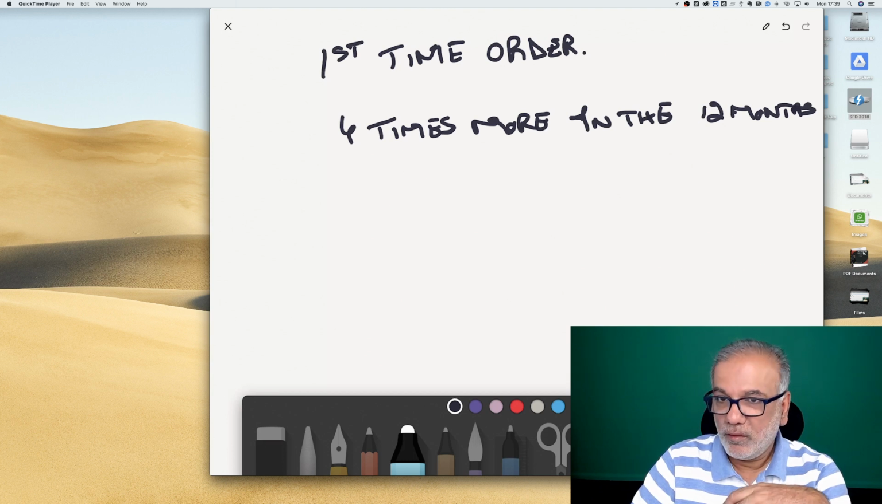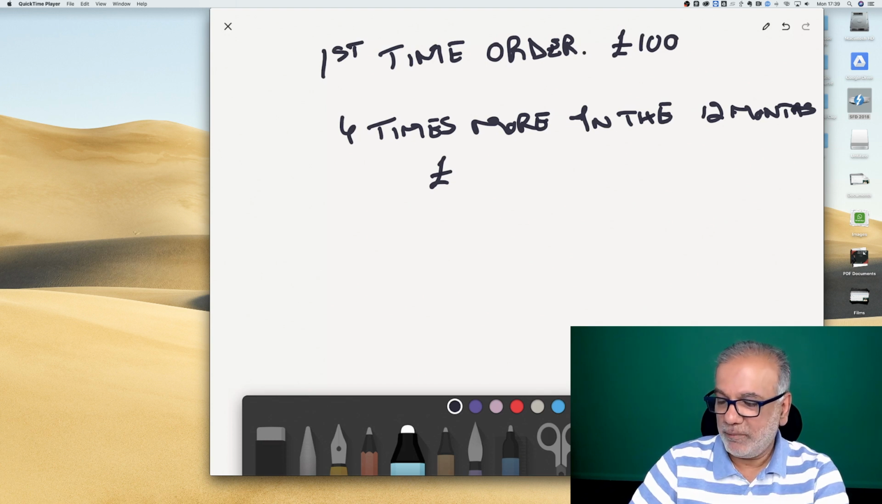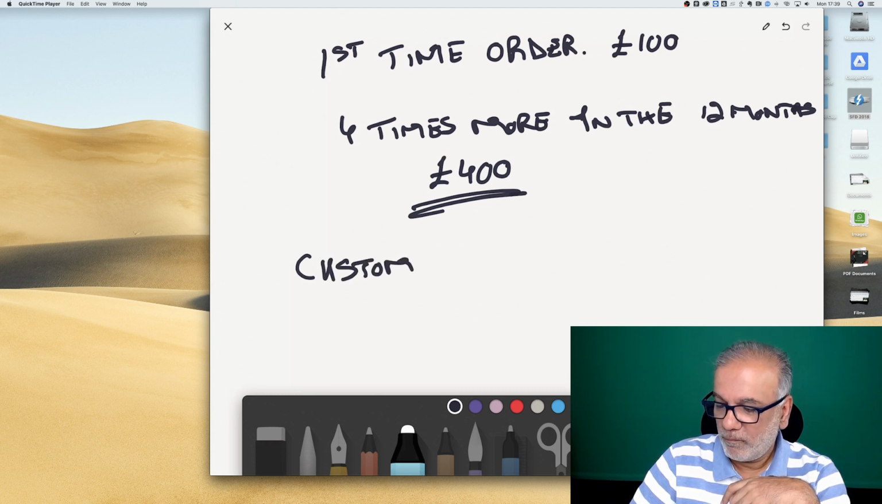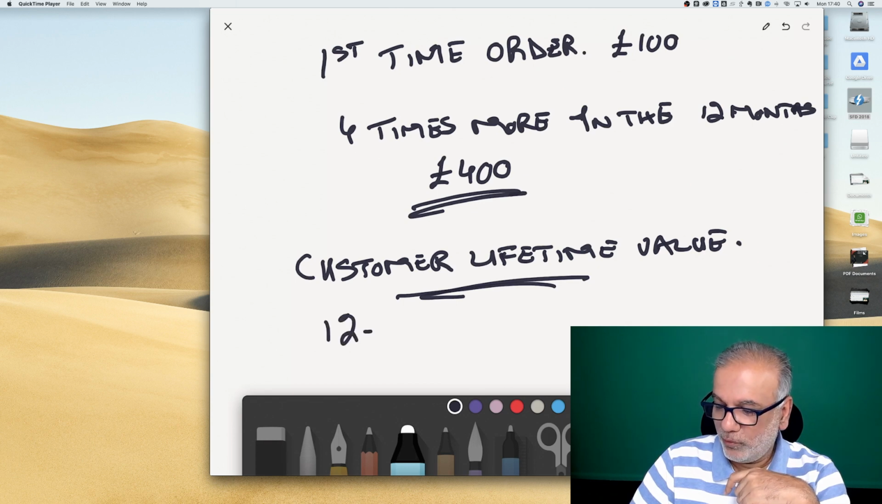And they've spent more money with you or your customer. So you had given an average value of, let's say, first time order is 100 pounds, and every time they come they spend another 100. So they've earned, or you have earned, another 400. So you've got to take this into account, and this is what we call a customer lifetime value. Now this does not mean until the customer dies, right? We usually look at between 12 to 24 months,